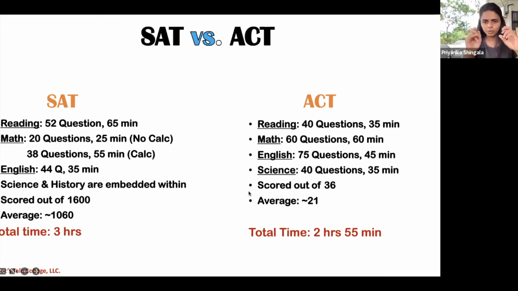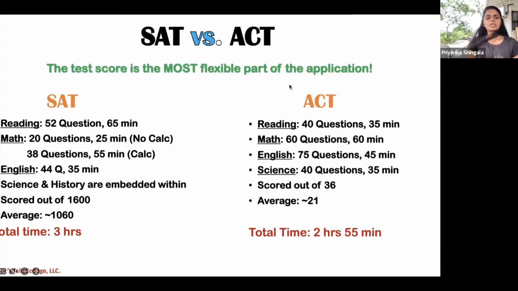To give you a really quick idea of what a good score is: one, it depends on the university you want to go to. We're going to dive into that in a bit, on how to find out what a university wants from you. But if you're looking at just NYU, a 1350 is always a good score. And if you want, let's say Harvard, Princeton, Yale, then you're looking at a 1450 and above for the SAT. For the ACT, a 26 or 27 and above is a good score. If you're thinking Harvard, Princeton, Yale, then a 32 and above is what you're looking for.